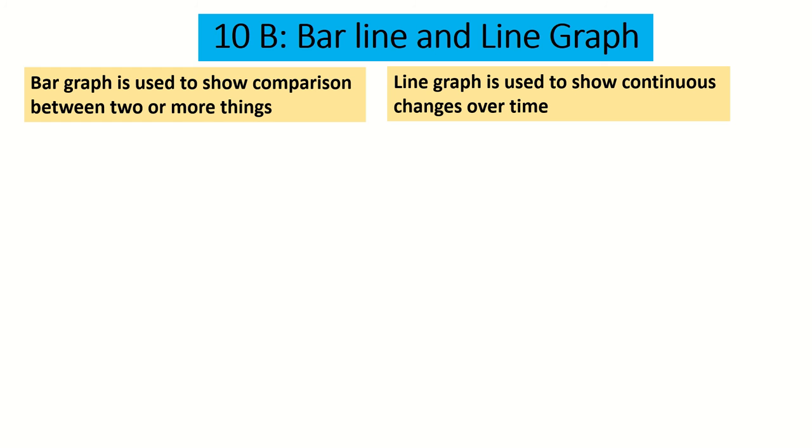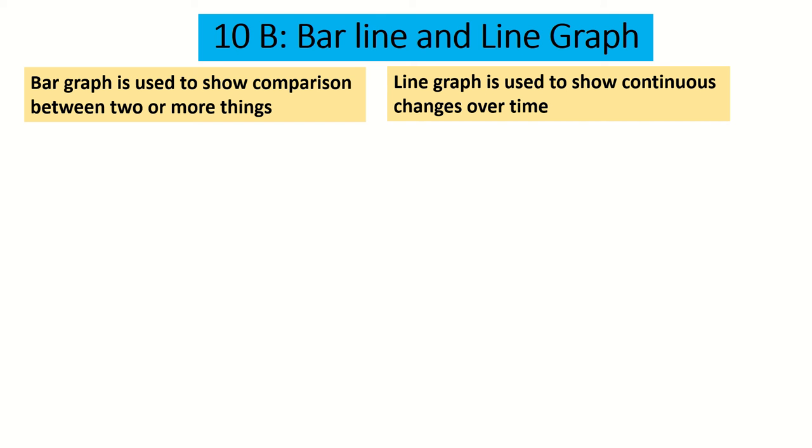A line graph is shown in the form of a line, and it shows a continuous change over time. A line graph always shows the changes that occur over time. There are many changes that are continuous, for example, change in age, change in the height and weight of children, or change of distance if somebody is moving on. So there is a continuous change, with no breaks between them.